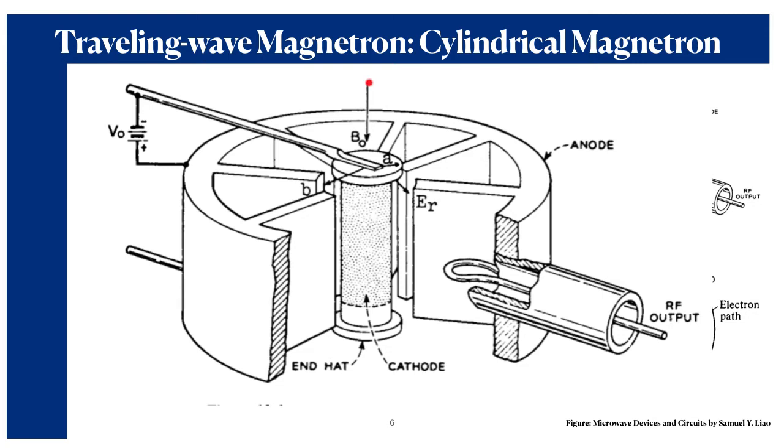The magnetic field, as I told, should be perpendicular to the electric field. So that is why this magnetic field is considered as shown in this diagram along the downward direction, which is obviously perpendicular to the direction of the electric field, because the direction of the electric field is along the radius of the system or of the cylinder, and the direction of the magnetic field is perpendicular to that.